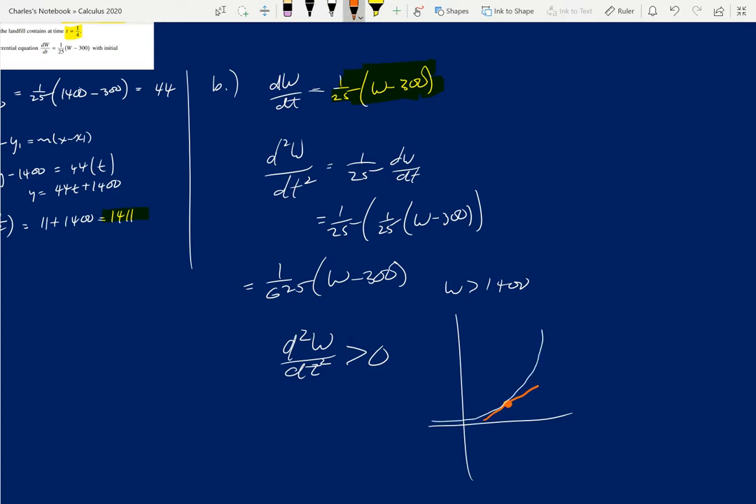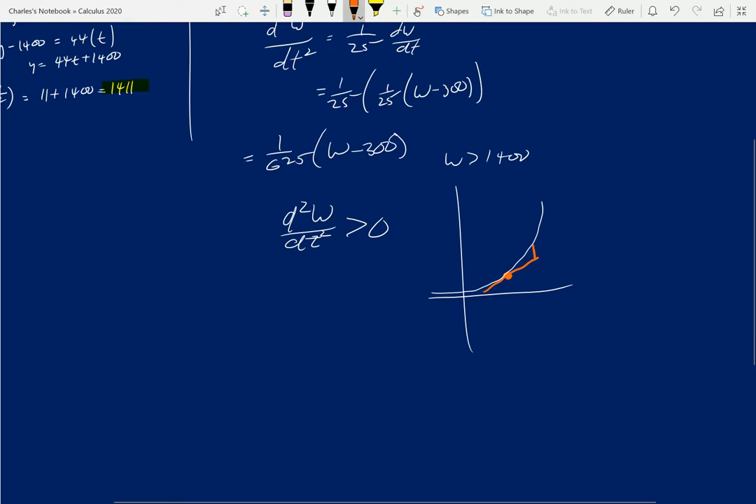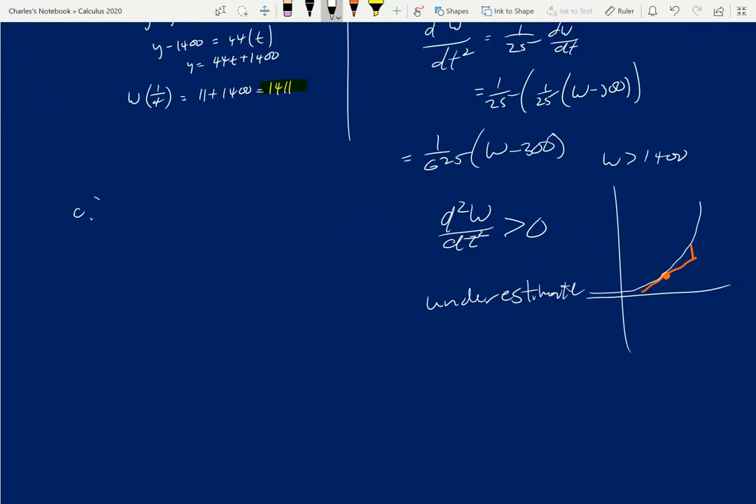And right, the actual amount that I want is going to be missing by whatever that part is there. So it's going to be an underestimate. And then the part C